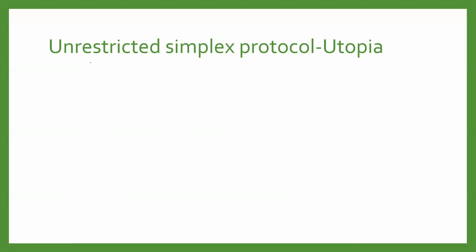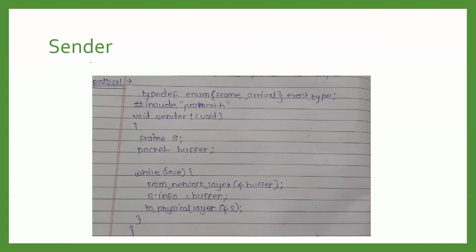The sender receives the data from the network layer at the sender side, and it transmits it to the physical layer. We are considering that there are two different procedures for a single transmission: the sender works as one procedure and the receiver works as a separate procedure. And no error will occur in between the transmission, that we are assuming. These are all the assumptions we have to consider while dealing with this simplex protocol, which is also called Utopia. As I said, two different procedures are there, and the protocol works like this.